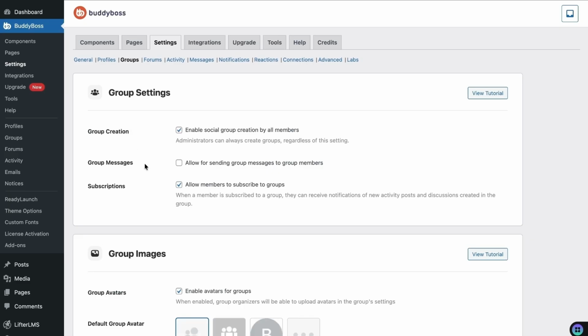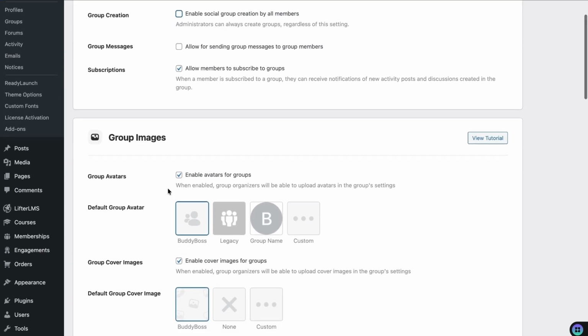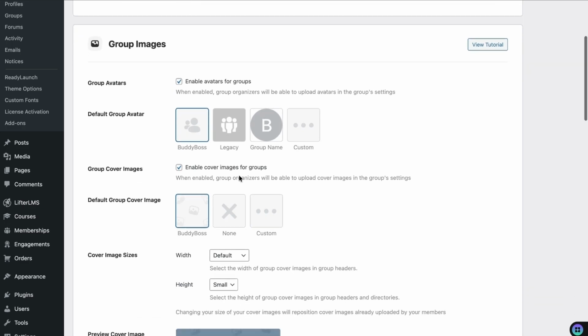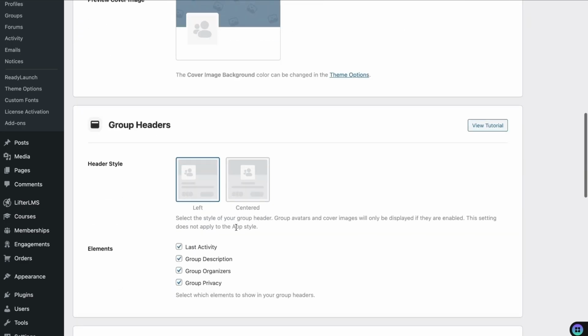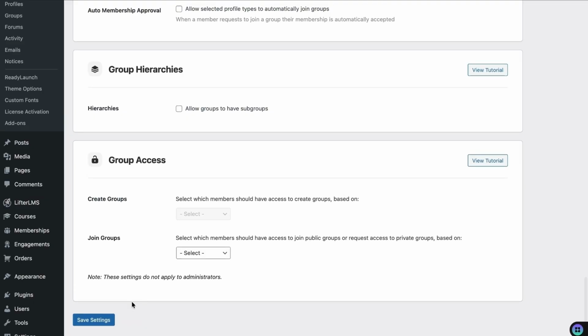the group settings. And first we have this enable social group creation by all members. So I don't want it. I want that as an admin, I will only be able to create groups. So I'll disable this. And we have a lot of options here, like how the avatar will look, how the cover image style will look. So you can choose any of these settings as per your requirements, and we have other options as well. So first I will save settings,